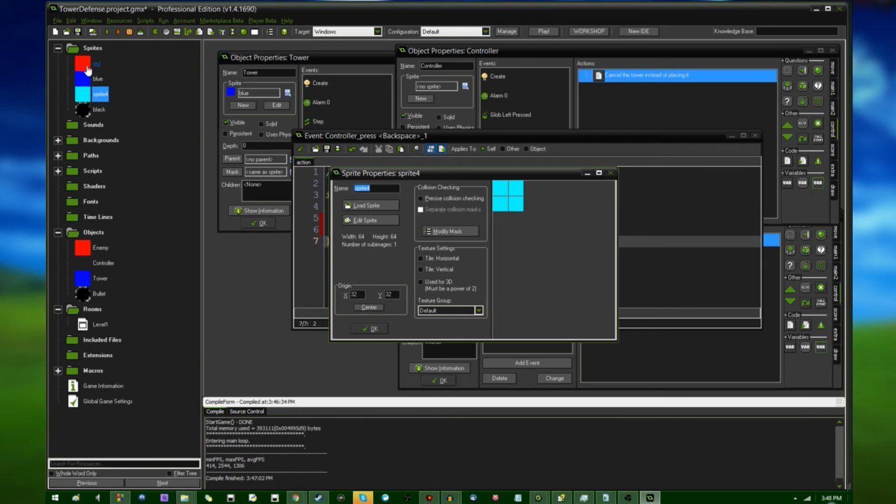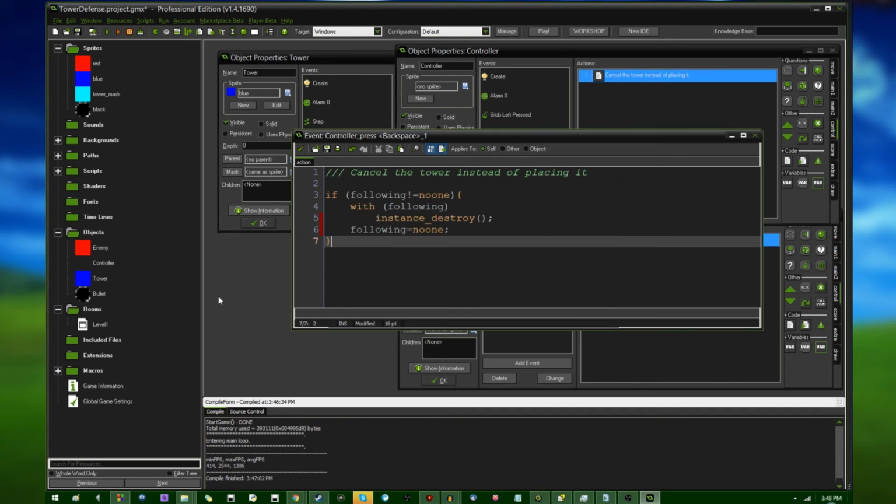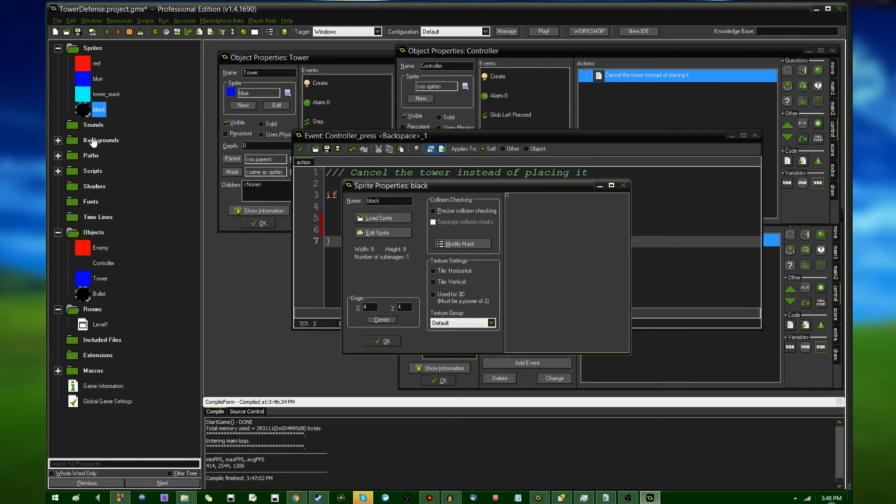Why did I decide to go and use such bad names for these sprites? That's another thing that I didn't do very well earlier, isn't it? But this is going to be tower mask. Did I spell that right? I spelled that right. And while I'm at it, I'm going to call this...